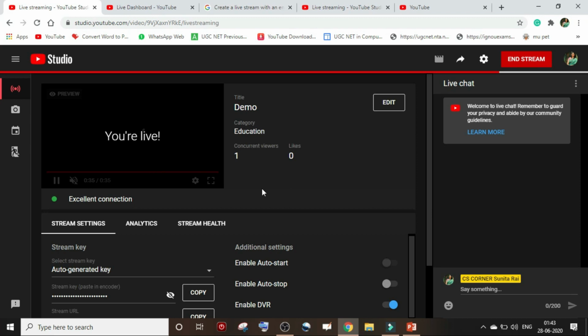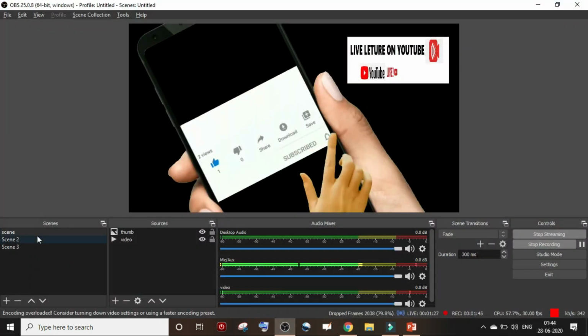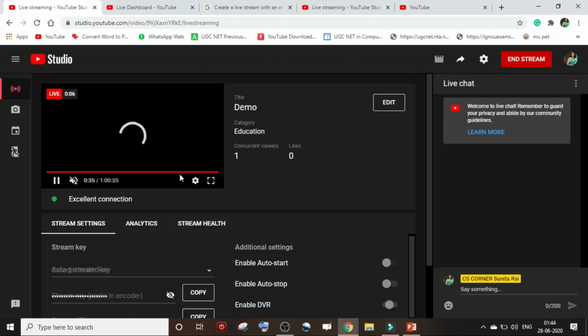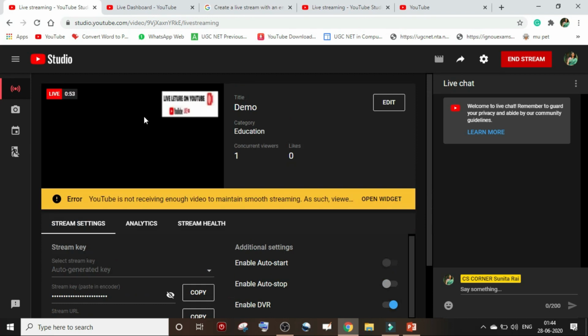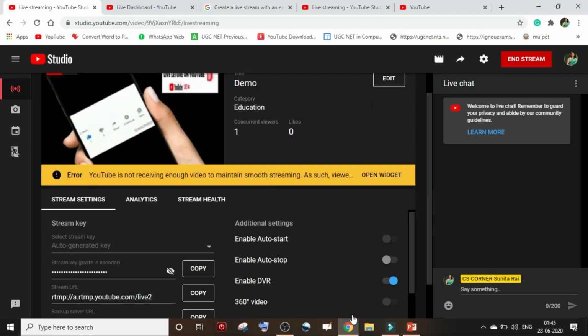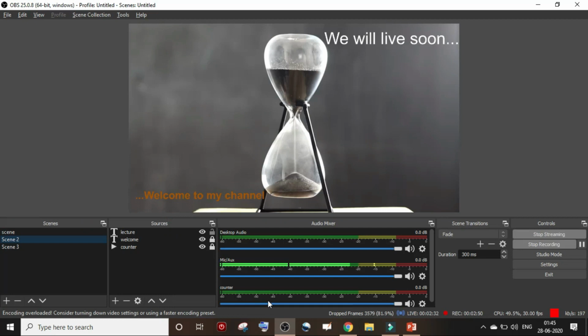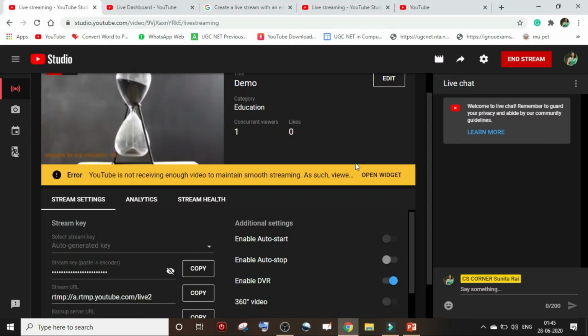Okay, so now let me go to my OBS Studio again, and let me change my scene from scene 1 to scene 2. Let's see whether it shows over here or not. So now you can see, the scene has changed from this to this, and it is coming over here, the scene which I have changed.